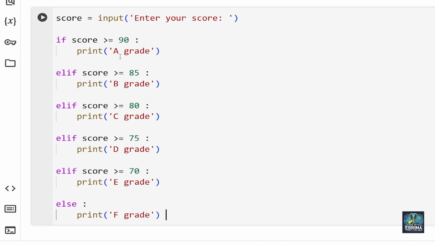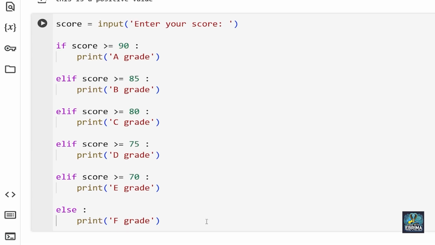Between 90 to 100, that is an A, and between 85 to 89, that is a B. Between 80 to 84, that is a C, and between 75 to 79, that is a D. We also have 70 to 74, that is an E, and we have an F, that is below 70. So no score can belong to multiple grades at once, ensuring only one possibility happens per input. This is important to note.